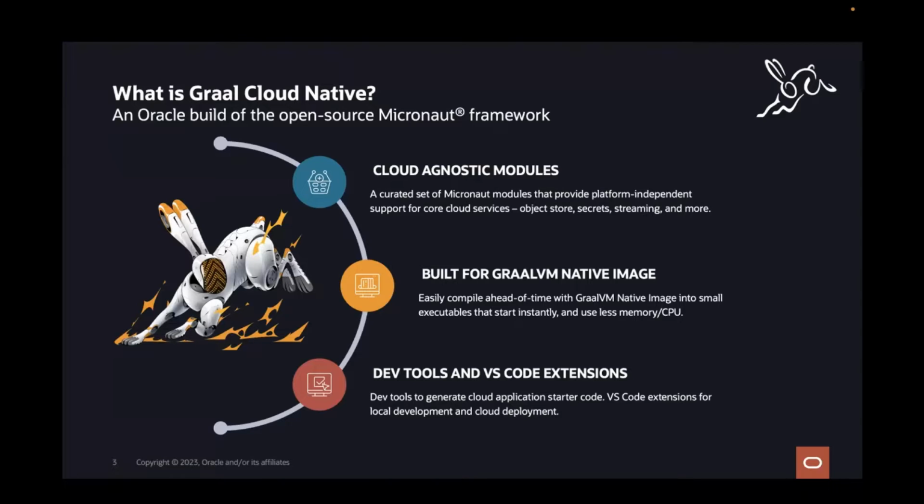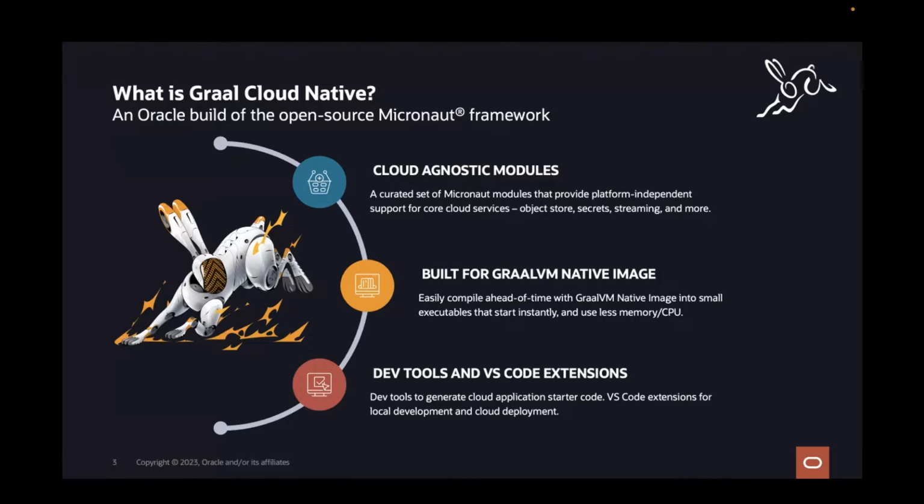GCN includes a curated set of cloud agnostic modules for services like object storage, databases, vault secrets, and a number of other services that you would typically use in your cloud Java applications.